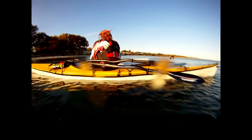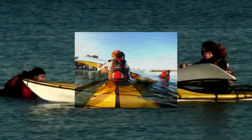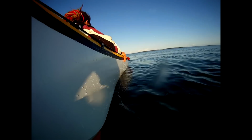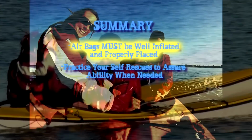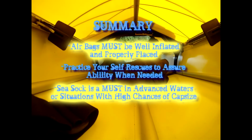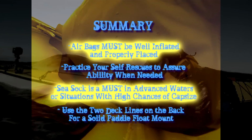In this scenario, Manuel's boat has the sea sock attached, and the rescue is much quicker and safer. The great advantage of that sock, you can actually lift the kayak and the water rushes through the seat and comes out, and to get back into it wasn't too much of a problem. To summarize, airbags must be well inflated, full length for the back and the front of the boat. It's essential you practice your self-rescue skills to assure that you have the ability to save yourself when needed. It becomes obvious that the sea sock is a must in creating a safe and efficient rescue with the TRAK Kayak. And though they may seem to resist, the deck line creates a very secure position for the paddle float